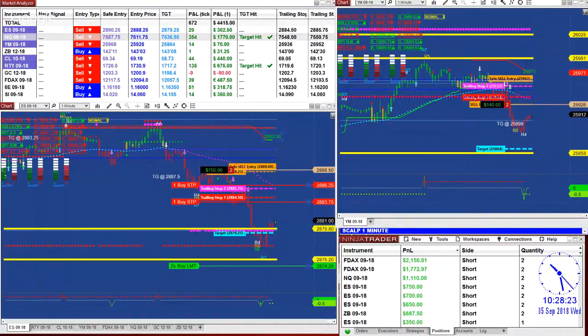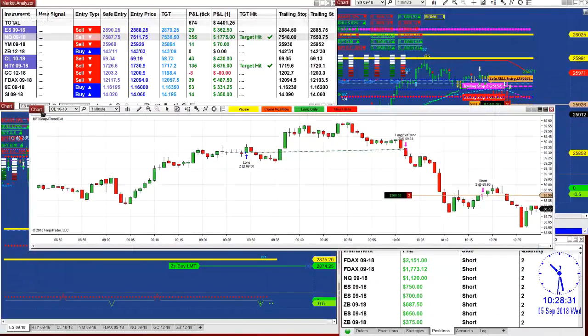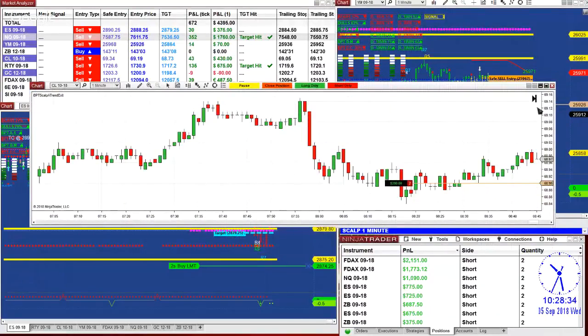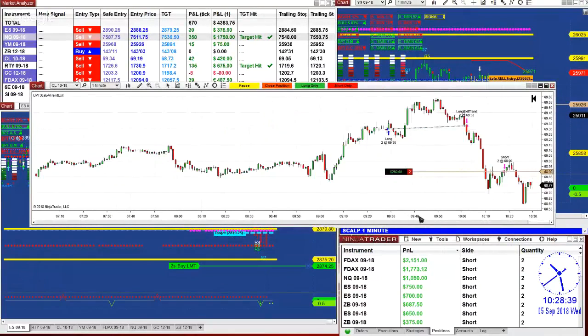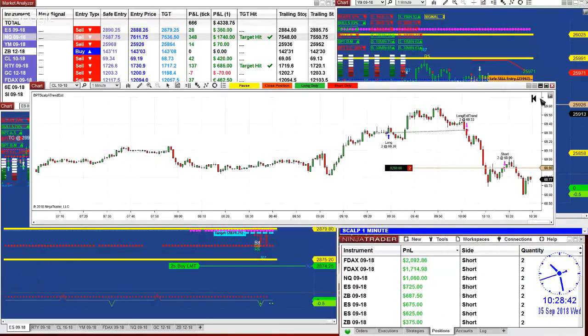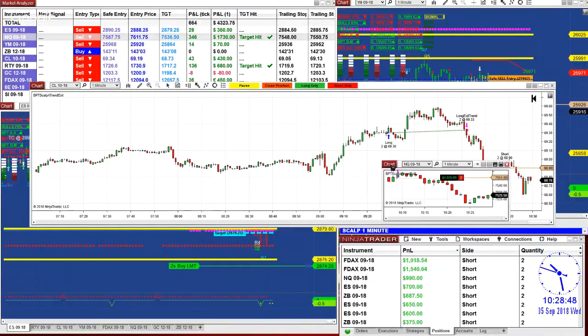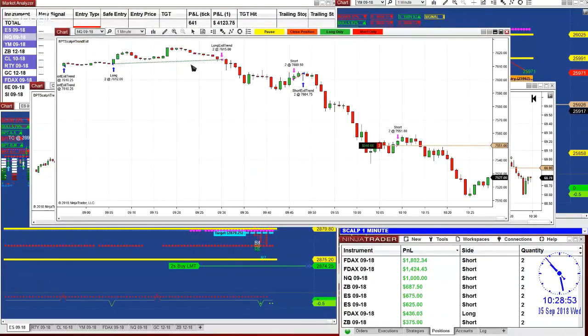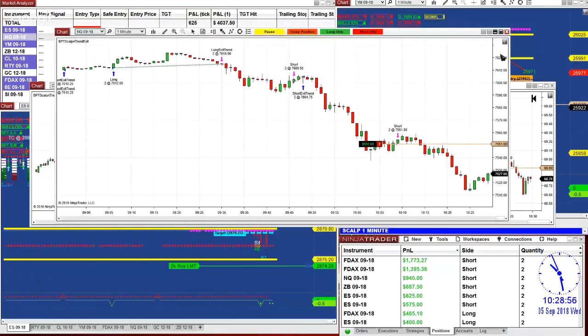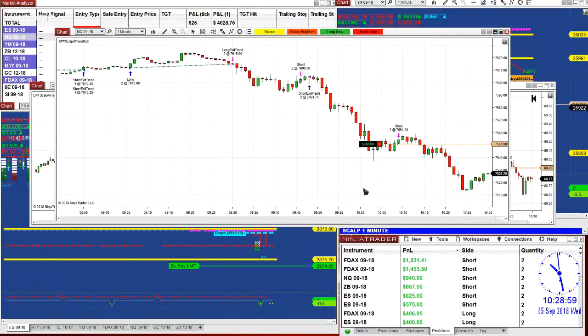Let me look at the CL. This is the CL 1 minute on the swing trading. Really not much going on. We have one almost a break even, and we are in the right direction on the swing trading. On the 1 minute NASDAQ, you see we had a little chop. We are on the swing trading 970 on the swing trading,